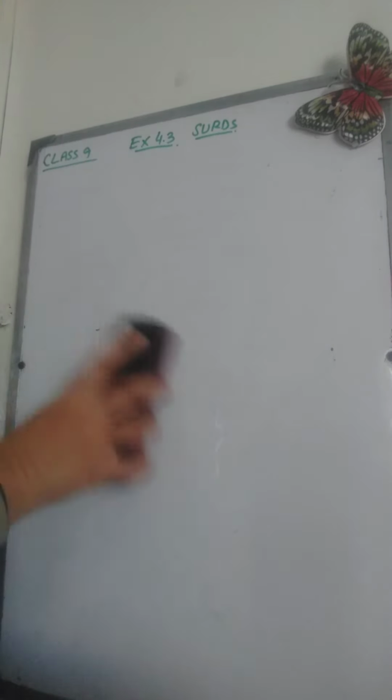This was the definition of surd. So whenever you get an irrational number in an expression, that expression will be called a surd. Let us start the exercise. Now the first question that you want to practice is question number 1,